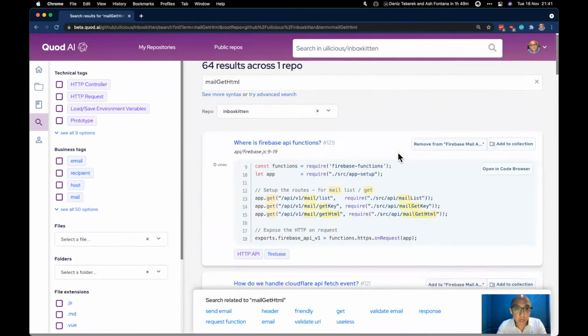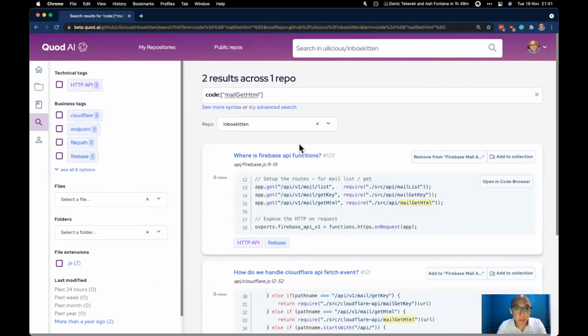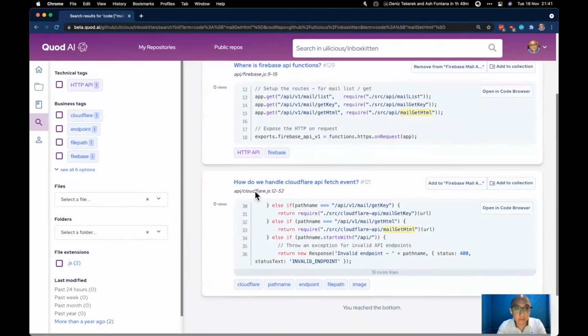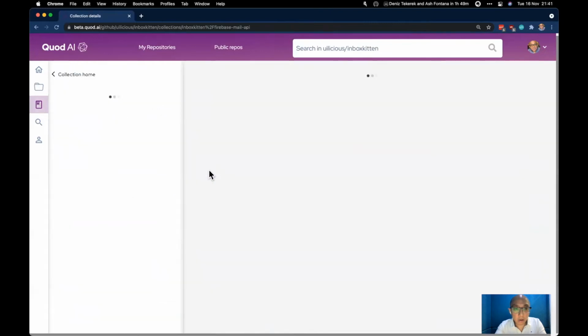So by default, Quod AI searches using AI, so we have a lot of results, but we can always change that by using the code modifier and search for exact code. So now we only have 2 results, and we have the routes for Firebase and Cloudflare. So I'll add this one to Cloudflare. And I'll add, so